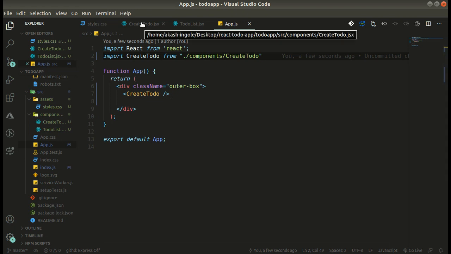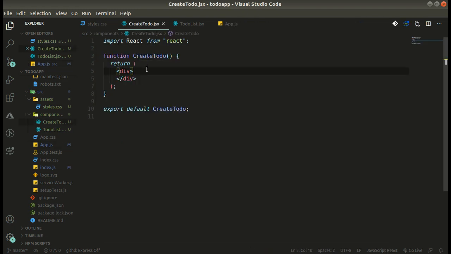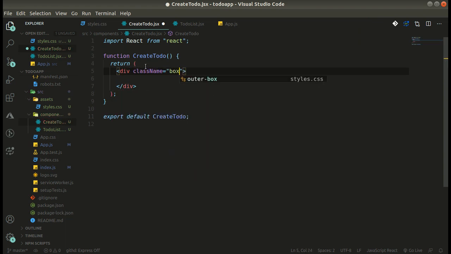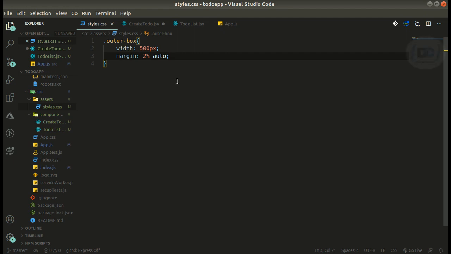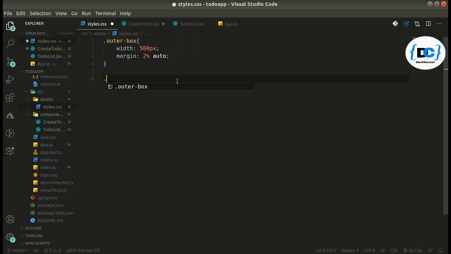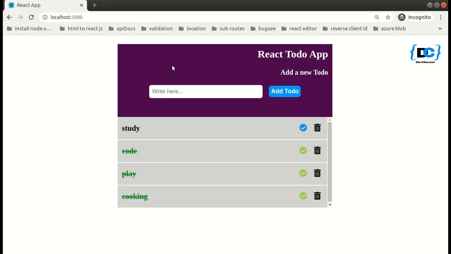Now let's quickly code the create to do. Let's give it a class name of box. Okay, so now let's add the CSS for box.